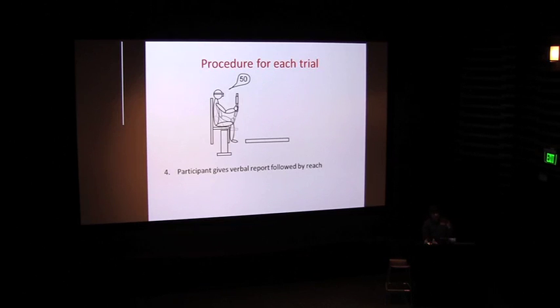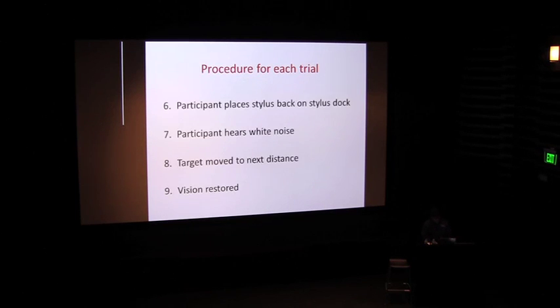Okay, so the verbal reports and physical reaches were concurrently given with each trial. And then the experimenter hits a key on a keyboard and logs the sensor data with a key press. Of course, there's also a complete automatic log, but having logged the sensor data with a key press enables the experimenters to quickly analyze the data, because we can just go exactly to the sensor log locations rather than parse through the continuous logs. So participant places the stylus back on the stylus dock.